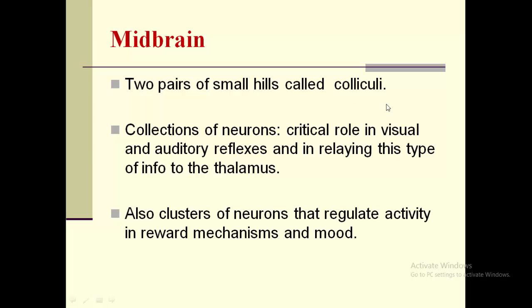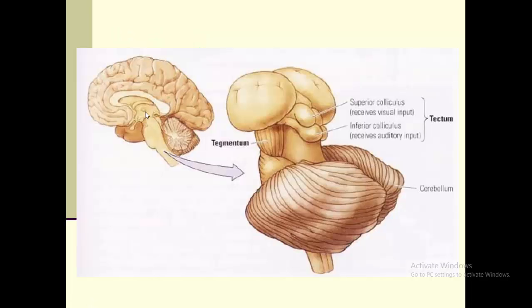These two colliculi constitute very important stations. This is the midbrain, and this is a drawing of the midbrain. This is a whole cerebral hemisphere. This is the cerebellum, which we will be soon talking about. This is the brainstem, and this is the corpus callosum, which we said is a bundle of fibers that connects both hemispheres together.